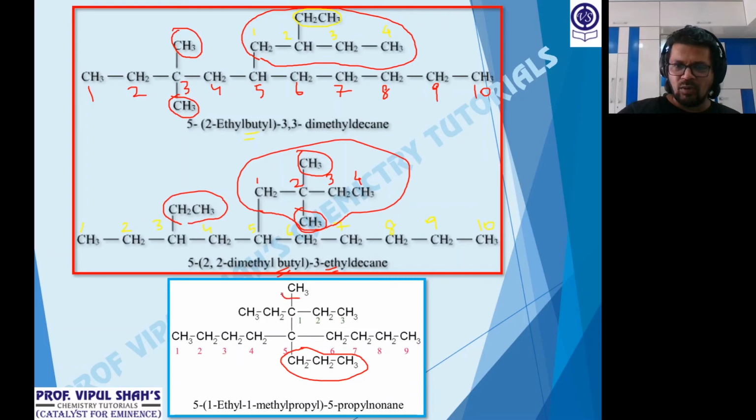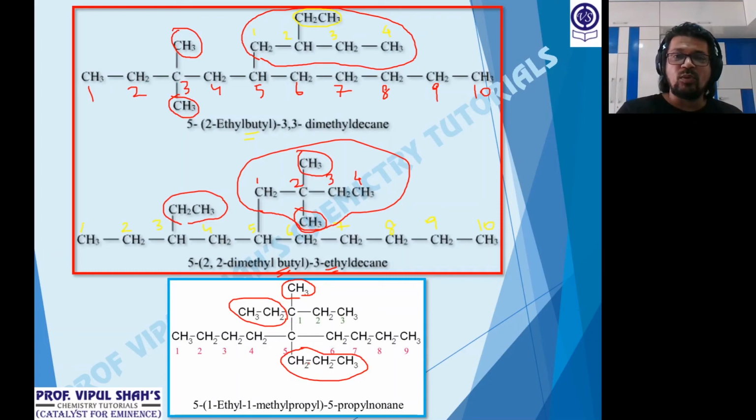So at 1 now I have 2. I have a methyl as well as an ethyl. So alphabetically, who comes first? Ethyl, E comes first. Now so 5 in a bracket, 1 ethyl, 1 methyl, and then propyl also. Because it is on 5, isn't it? So basically on 5 we have branches.